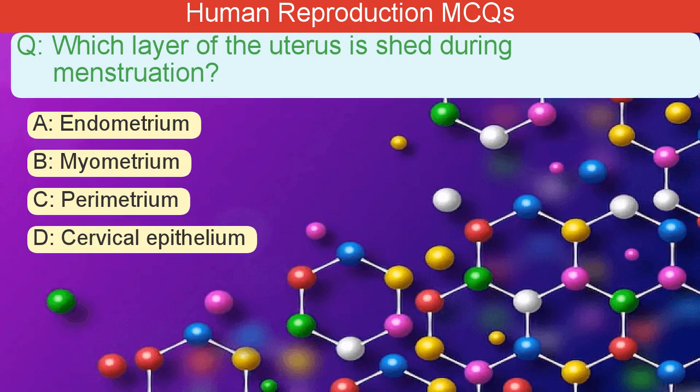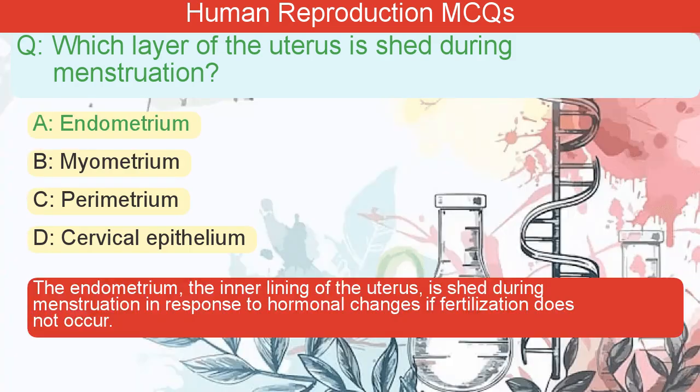Which layer of the uterus is shed during menstruation? A. Endometrium. B. Myometrium. C. Perimetrium. D. Cervical epithelium. The correct answer is A. The endometrium, the inner lining of the uterus, is shed during menstruation in response to hormonal changes if fertilization does